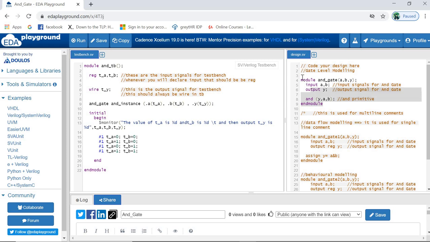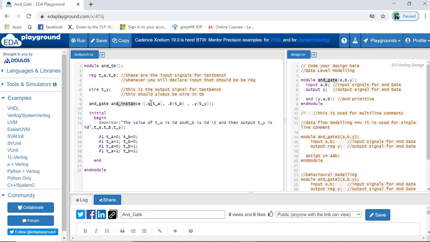So my design is this. Whatever the name of that design is, you will have to use that design name. This is the module from which we are creating one instance. For this we have to give a name. This process is known as an instance. Basically this is the instance of AND gate. So with the help of this module you are going to create one instance.